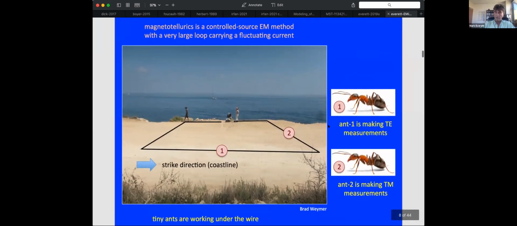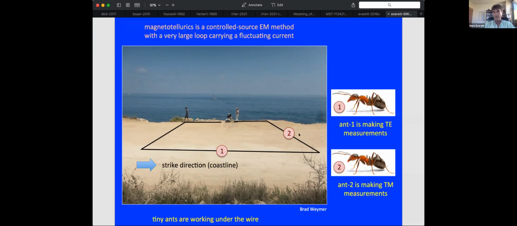So what about magnetotellurics versus controlled source methods? Here's a way of looking at it. You can think about magnetotellurics, if you want, as a type of controlled source EM method, but with a very large loop, carrying, for example, quite a complicated fluctuating current in the time domain. Here the loop is laid out near the coastline, and we have a strike direction in the coastline direction. If you could imagine that there are little ants working under the wire,